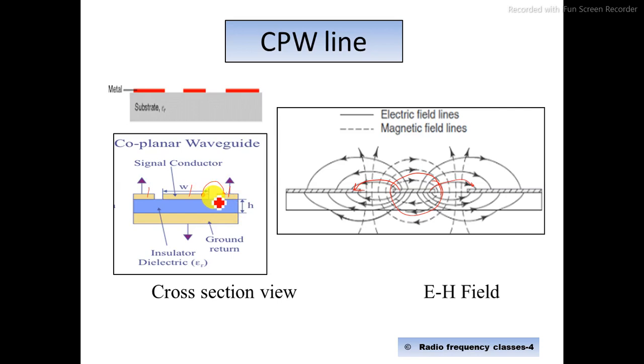So that's why it is popular when, in the same device, suppose this is our device place and I have an antenna here, an amplifier, an LNA like that, and I want to connect those things. Easily it can be connected. But in the case of the microstrip line, it is not possible in such a way.